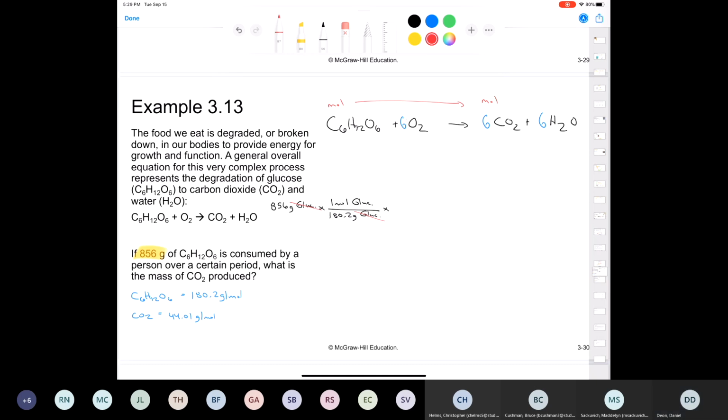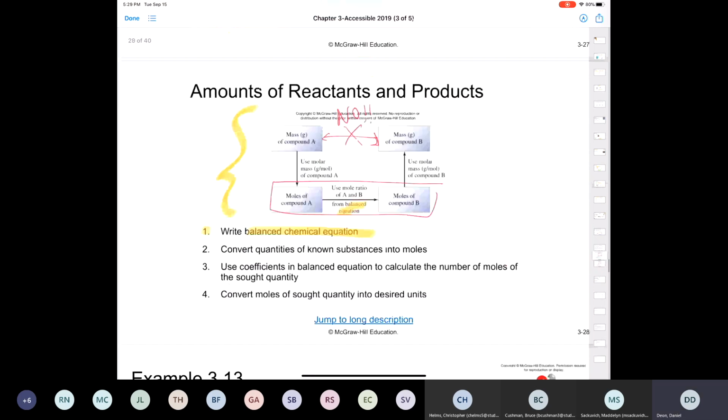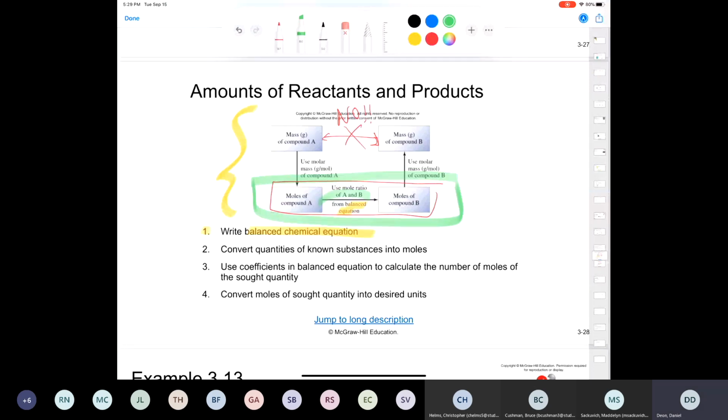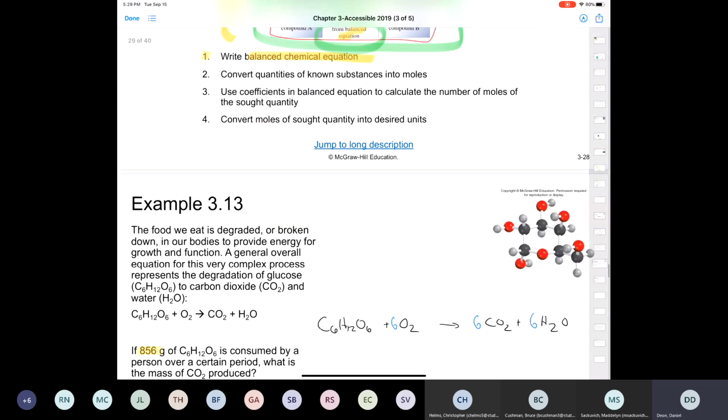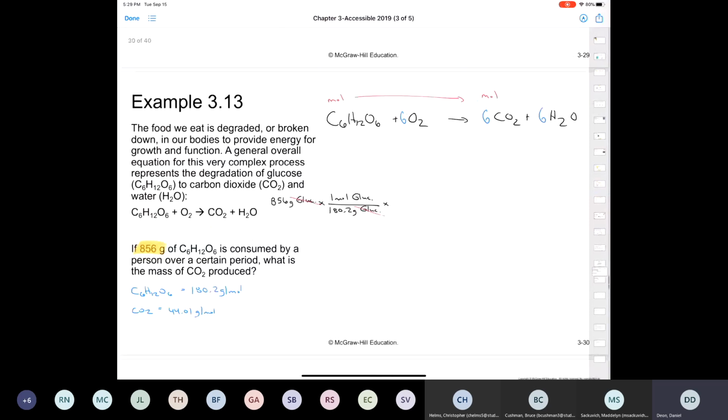Look, if we scroll back here, go back to this slide right here. If we want to compare moles of A to the moles of B, what do we have to use? We have to use the mole ratio from a balanced equation. And we have a beautiful balanced equation. And so we know that